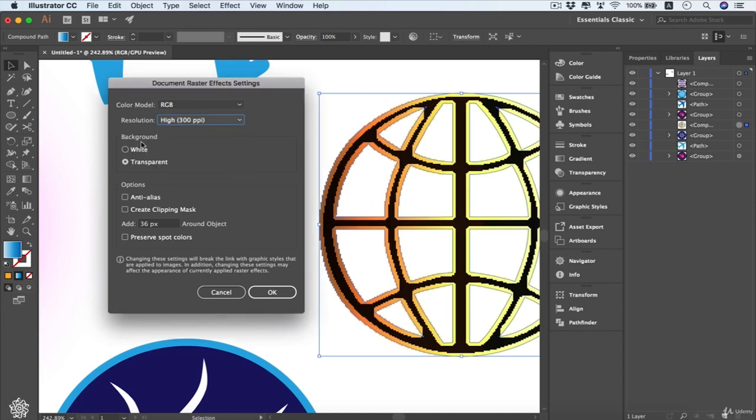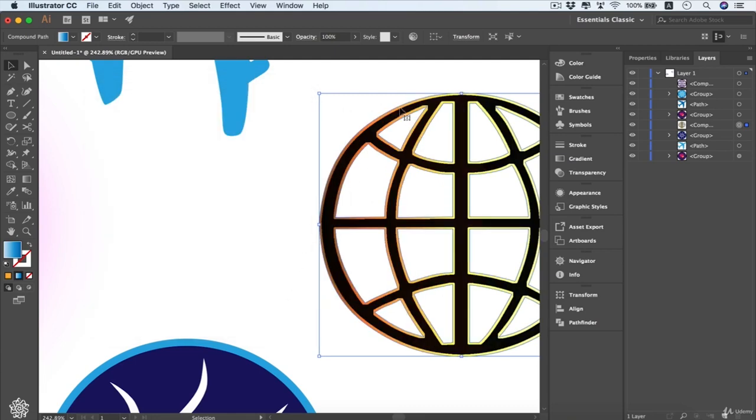And also here you can be adjusting your background to make it white instead of transparent. And even you can be selecting anti-alias for smoother curves. And you can be creating clipping masks, and we're going to be covering them later. And if you're using spot colors or special colors and you need to preserve them, you can be checking that one. So when I start pressing OK, we're going to be seeing a difference in our shape. I'm going to be pressing OK, and here you can see we have a smoother curve and a highly defined